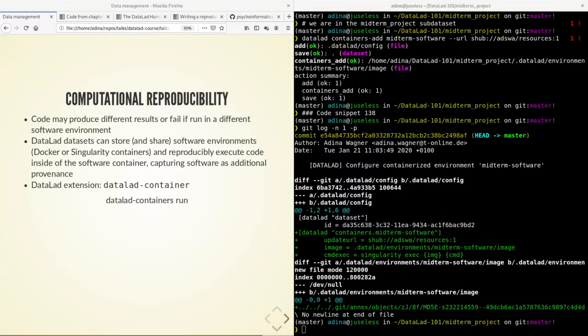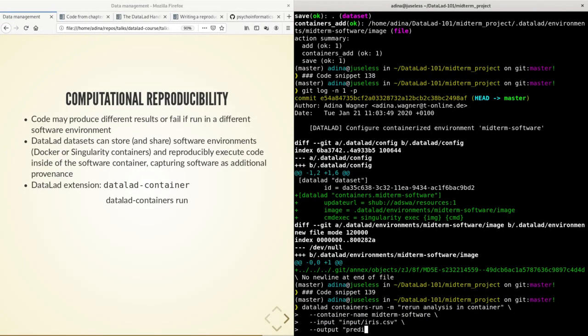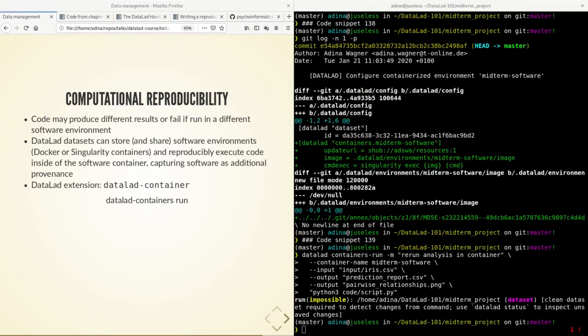In order to now execute my analysis inside of the software container, I'm using the DataLad containers run command. So instead of using DataLad run, I'm using DataLad containers run. This command is structured exactly as the DataLad run command. The only difference is that I'm giving the container name to the command as well. And if I execute this, and remember I'm in an environment that doesn't have the necessary Python prerequisites installed, then DataLad will take care of executing my script inside of the software environment that I